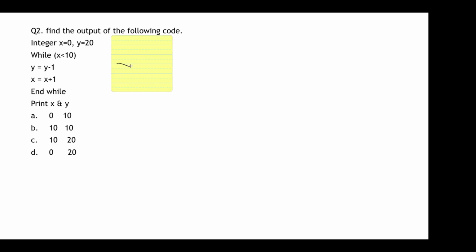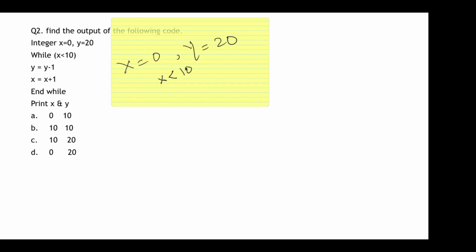Now again you see x is assigned 0, y is assigned 20. Okay, it is again a condition which says while x less than 10. So for how many iterations will this loop run? This loop will run till x becomes equal to or greater than 10. Until then the loop will run.